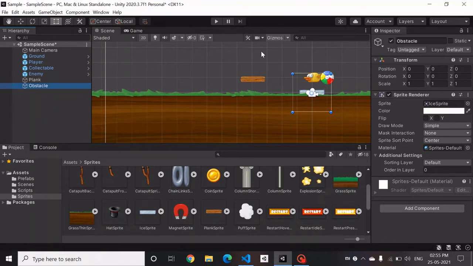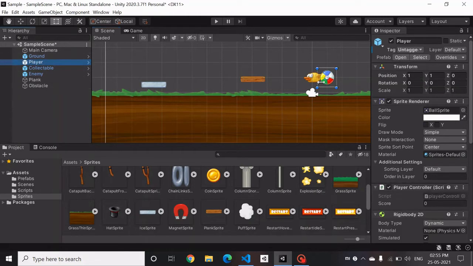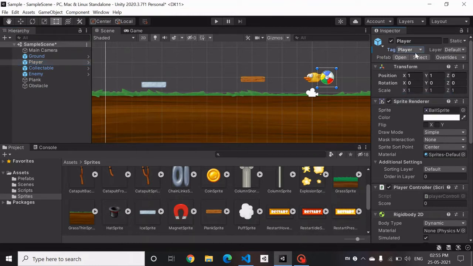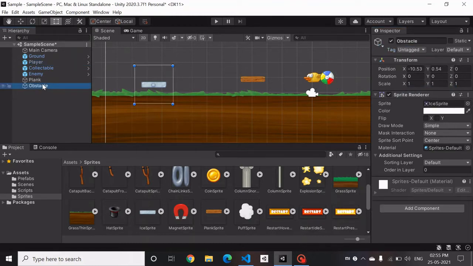So firstly, we want the obstacle to collide with the ball and stop the ball from going over it. Secondly, we want the obstacle to also collide with our bird and change its direction of movement. In the earlier videos, we saw that if the bird collides with any object that does not have the tag called player, it will change its direction. And if the object tag is player, it will not change its direction. It will just basically destroy that player.